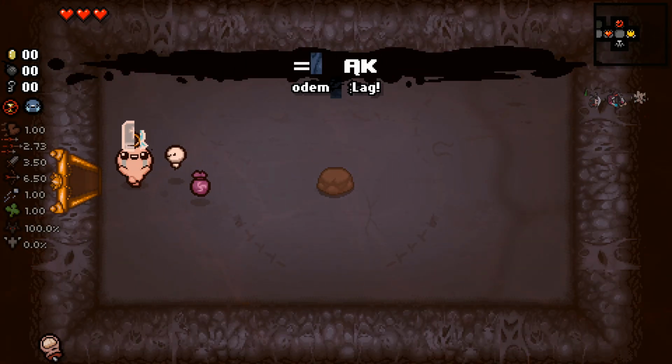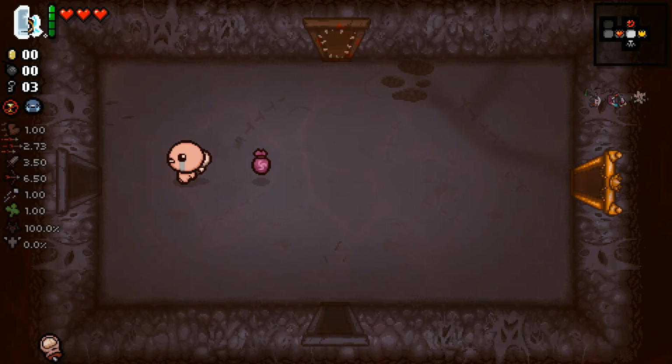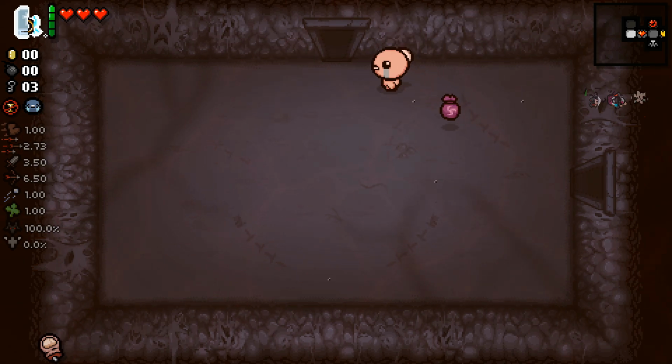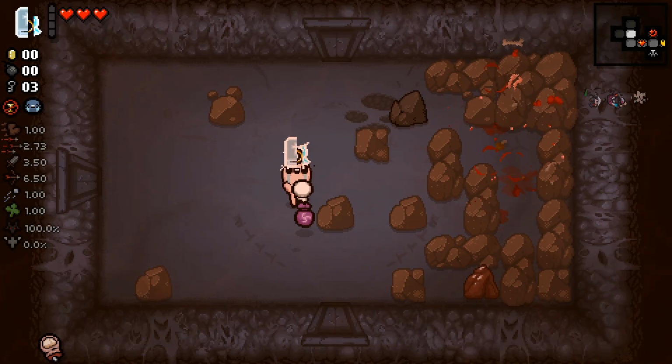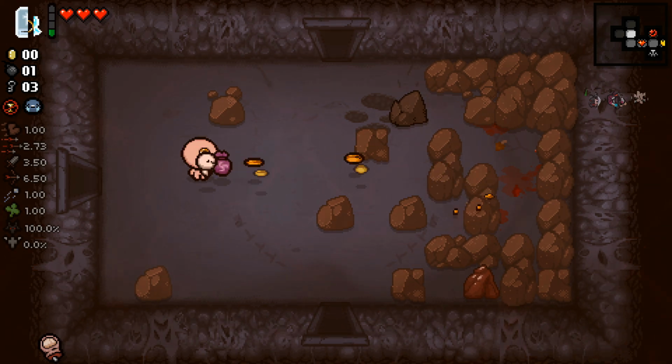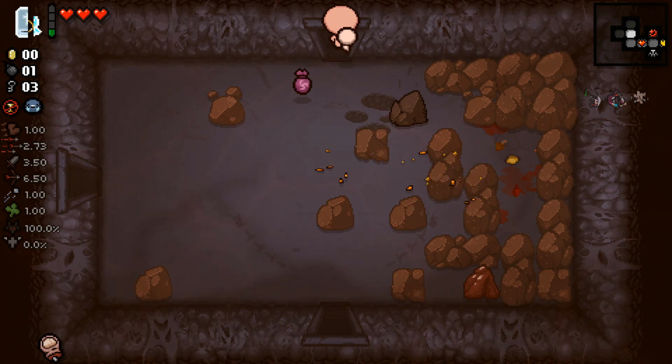Very good. It's one of my favorite items. It's an active item. I'll try and use it in a room with enemies to see how it will work. Well, that's pretty good. It killed all the enemies instantly. Also, we're shooting coin tears now for